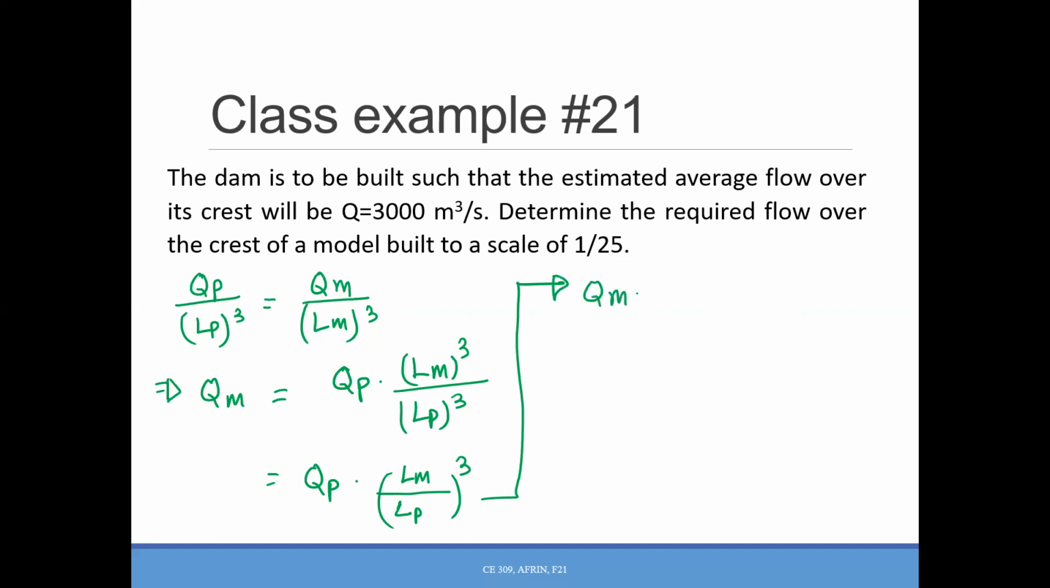So QM equals QP, and LM over LP, that was actually given here as 1 over 25. So what we can do here,